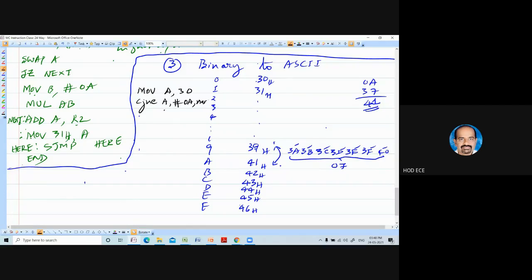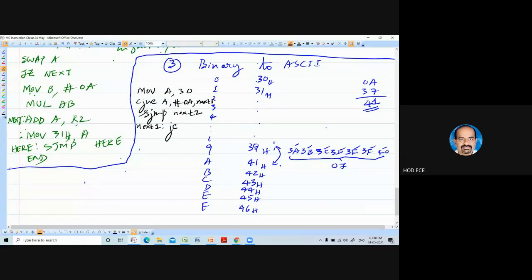If it is not equal, next. If it is equal, SJMP. So this is next one. SJMP next 2. In the next one, you have to check jump carry.